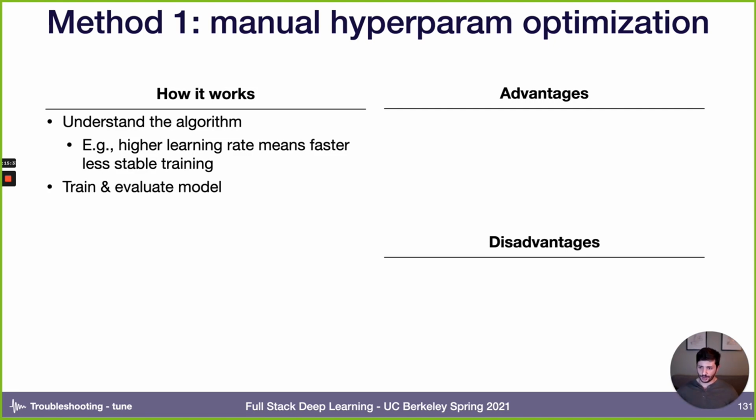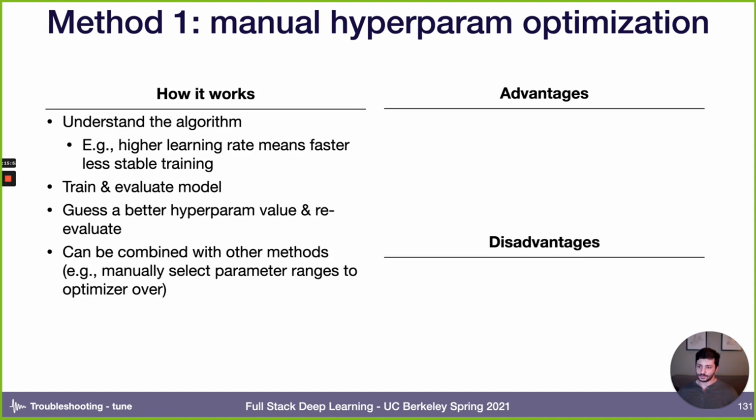And then you'll train and evaluate your model, and then you'll try to guess, right? You'll use all this intuition that you built from studying math for many, many years and attending great schools and all this stuff, and you'll guess better hyperparameter values and retrain and reevaluate. So I'm kind of poo-pooing this a little bit, but this actually can be a really good technique,